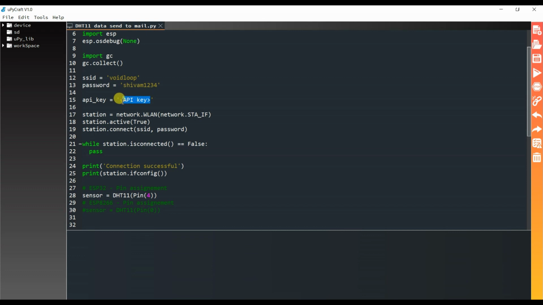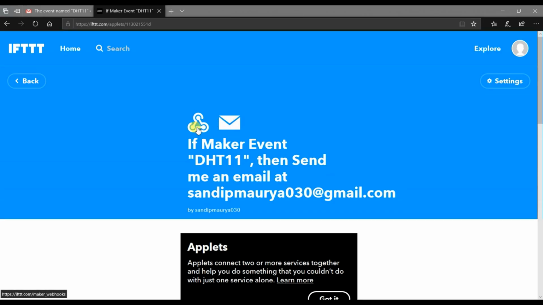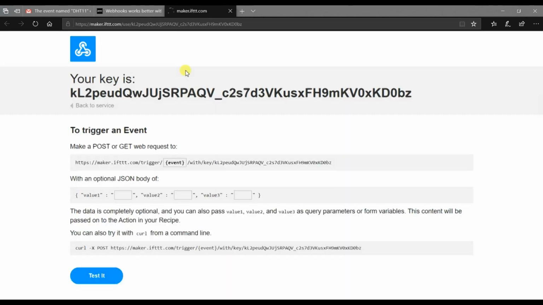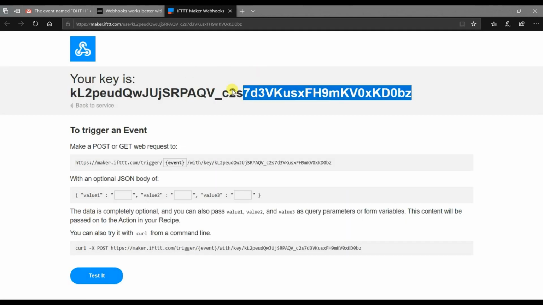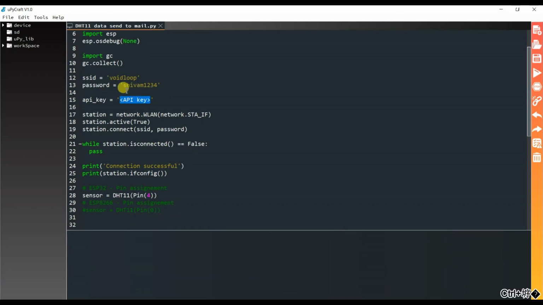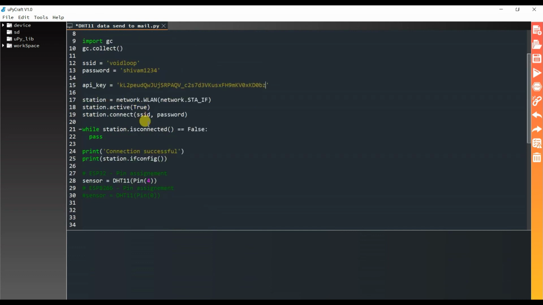Here we have to type the API code. So I will copy the API code and paste it.